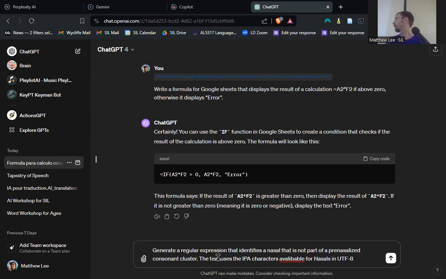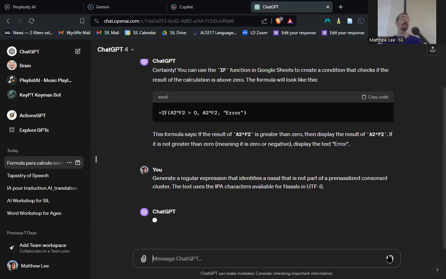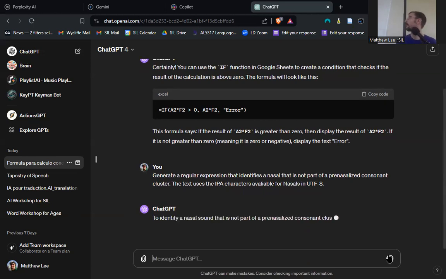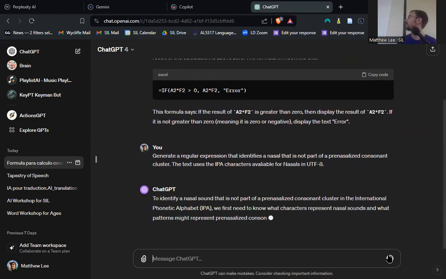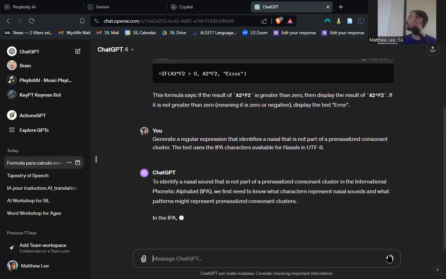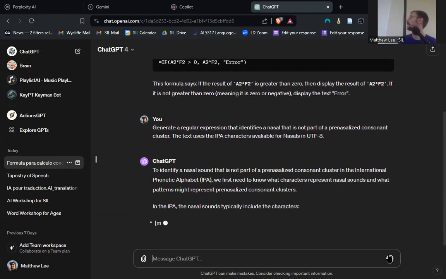Okay. There we go. So let's see what it gives us. And it may understand what we mean, it may not, but if I gave it a list of nasals and how those are written, then it would do a great job, but this is just the first try. All right. To identify those, we need to know what characters represent nasal sounds. In the IPA, those include,